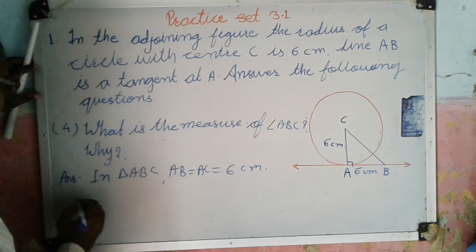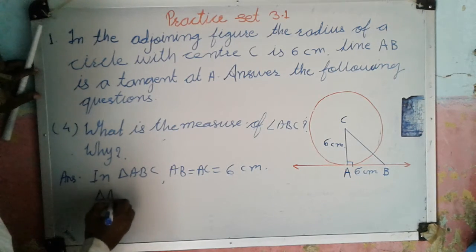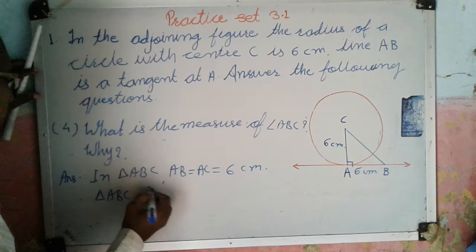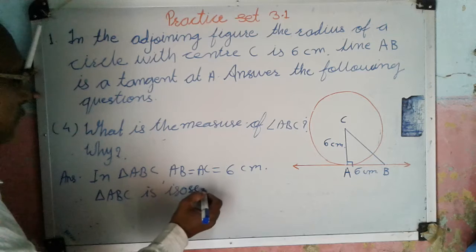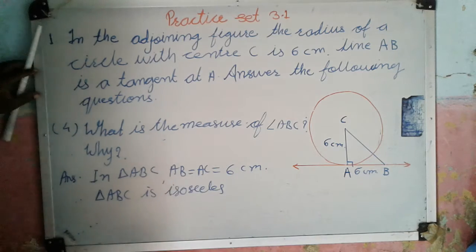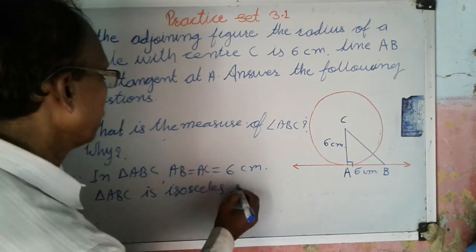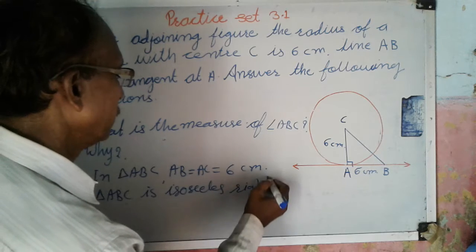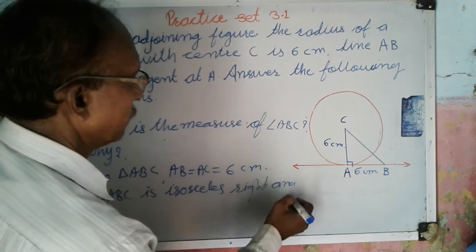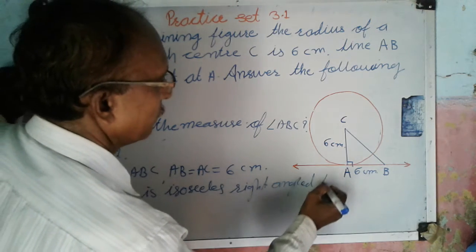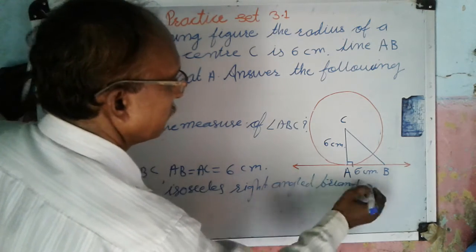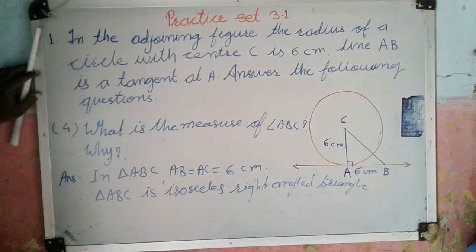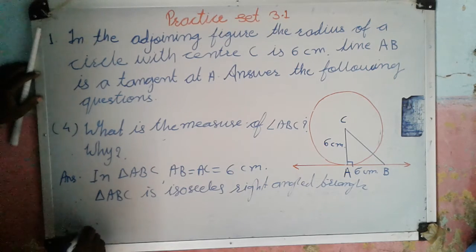And therefore, triangle ABC is isosceles right angle triangle. This is isosceles right angle triangle, and therefore